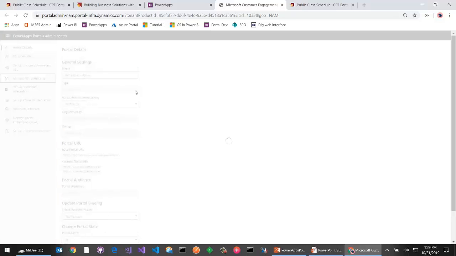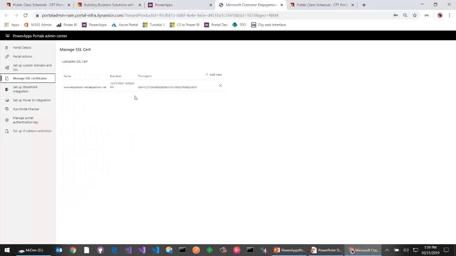As you do that, part of the work involves uploading an SSL certificate. If you've never done this before, you have to go through the process of creating a CSR, submitting it to a third-party authority, getting them to give you the certificate, creating the password-protected PFX file, and uploading that. And once you've done that, the next thing you have to do is